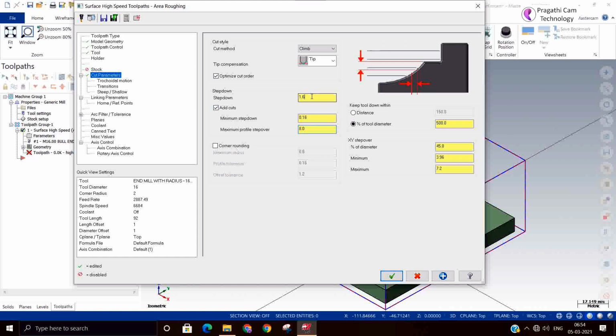Now it is reading the default. When there is a steep area, it will add the additional cuts. So this maximum and minimum is calculated based on this limit. Here I am keeping 1.6.